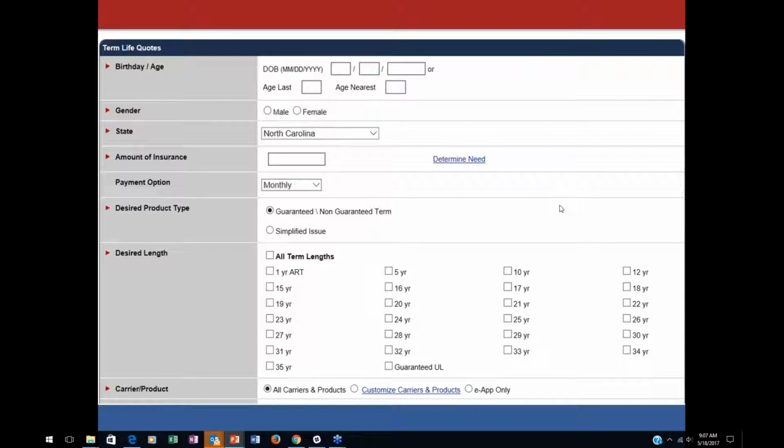Again, most important, as always, is starting with the date of birth for that individual. Once you populate that date of birth, it's automatically going to give you the age last and age nearest. That box will fill in based on the information you provide and today's date. Obviously, with our client, we're going to pick the gender, the state of,